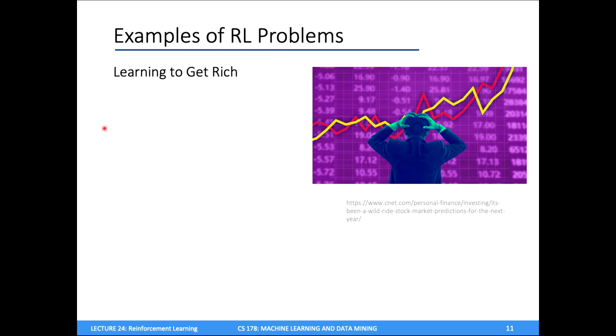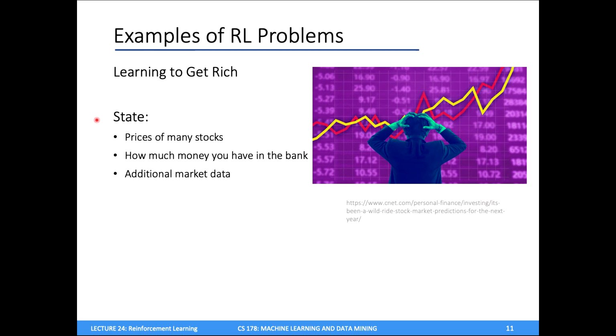Okay, you might also want to use reinforcement learning to try and get rich. So here we're trying to design an RL agent to play the stock market. Our state might be something like the prices of very, very many stocks on today's date and the current time. But you might also want to consider, how much money do I have in the bank? How much can I spend on buying new stocks? And you might also have some additional market data coming from various sources. So the state here can be something quite general that we take into account when we're deciding what actions to take. Our actions, again, fairly simple, just what stocks should I buy and sell at, say, every morning.